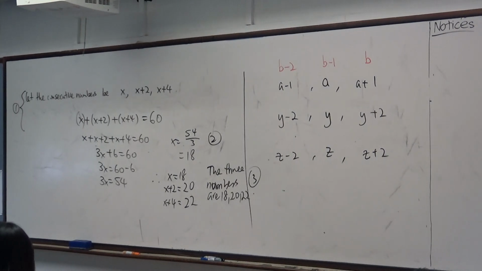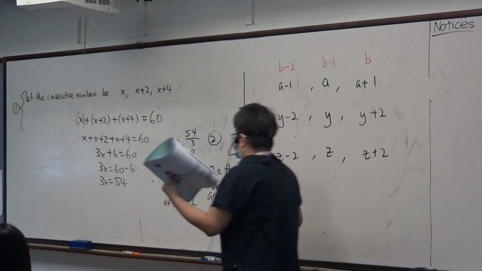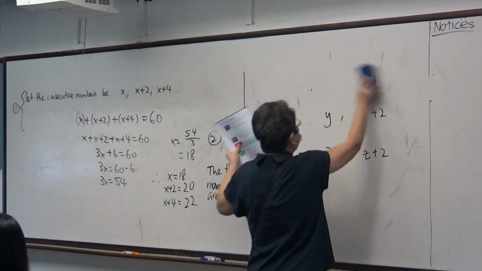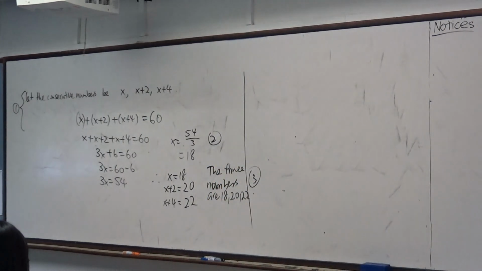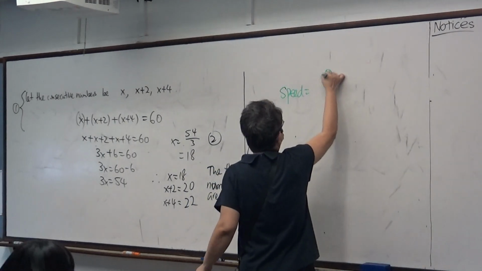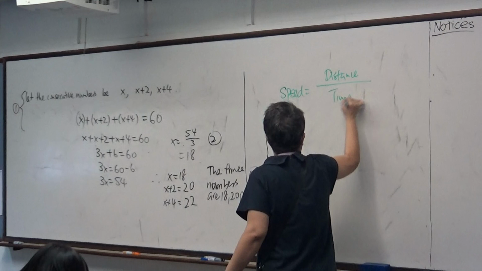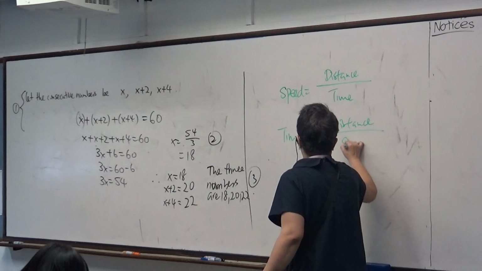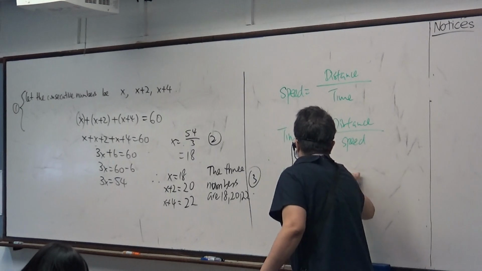Okay, alright, good. Then, let's take a look at work example 5. Before I move on to work example 5, I have to tell you something first. Everybody knows that speed is distance divided by what? Time. Very good. What about time? Distance over speed. What about distance? Speed times